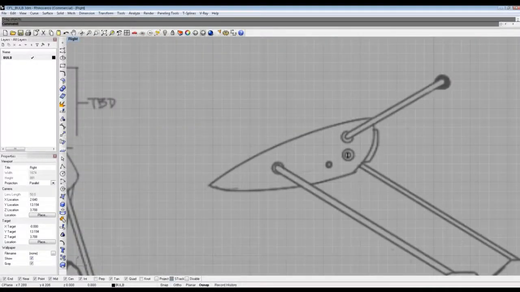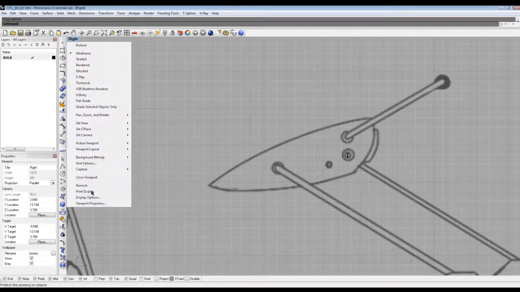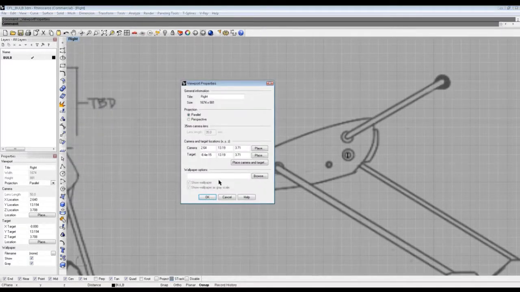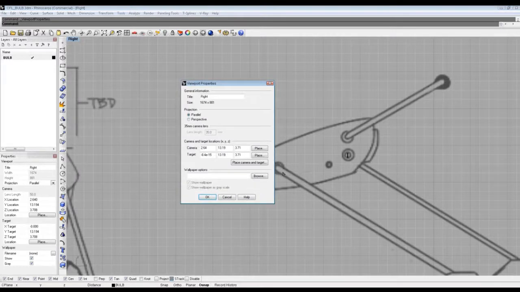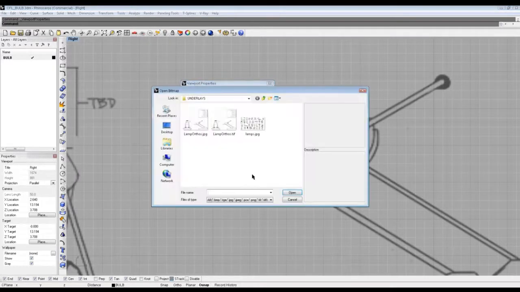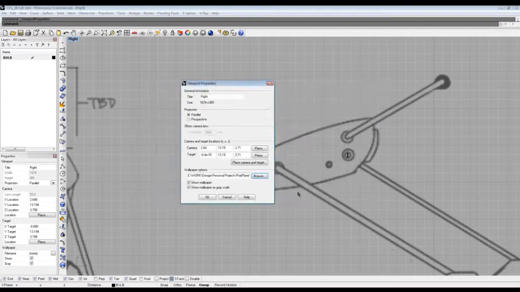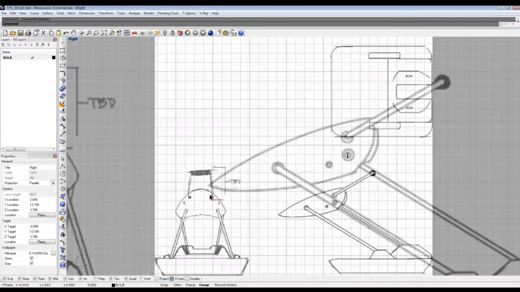So that should help you out. The other way you can do it, if you want your underlay to stay pretty static, is what I did. I just right clicked on my viewport name, went down to viewport properties, and you can put in a wallpaper option. So I clicked on browse and then click open, and now what that'll do is actually create